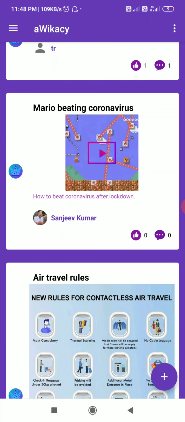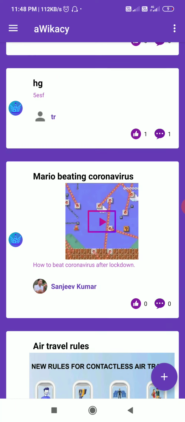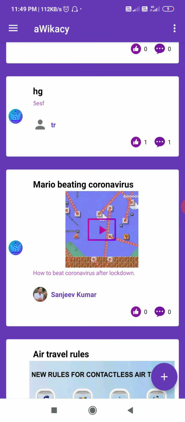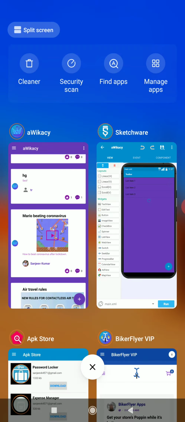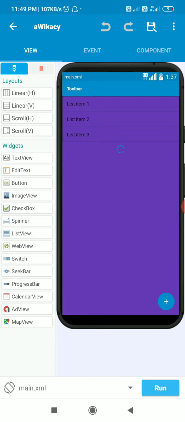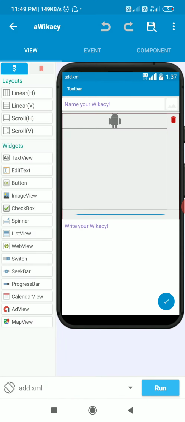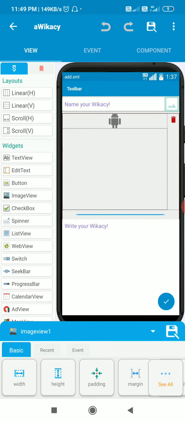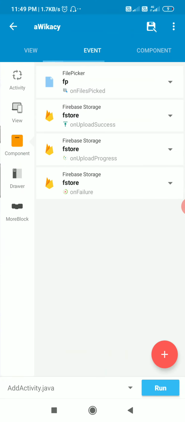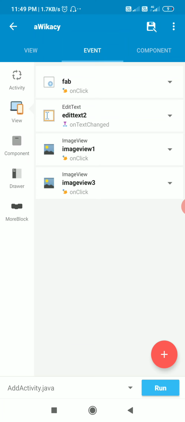So first, suppose you have uploaded a video to Firebase using Sketchware. Now to display the video, let's move to Sketchware. Okay, here is the list, and I upload the video here. When I click on this button, I pick the video, it is displayed here, and when I click on this, it uploads. So when I click on this fab button,